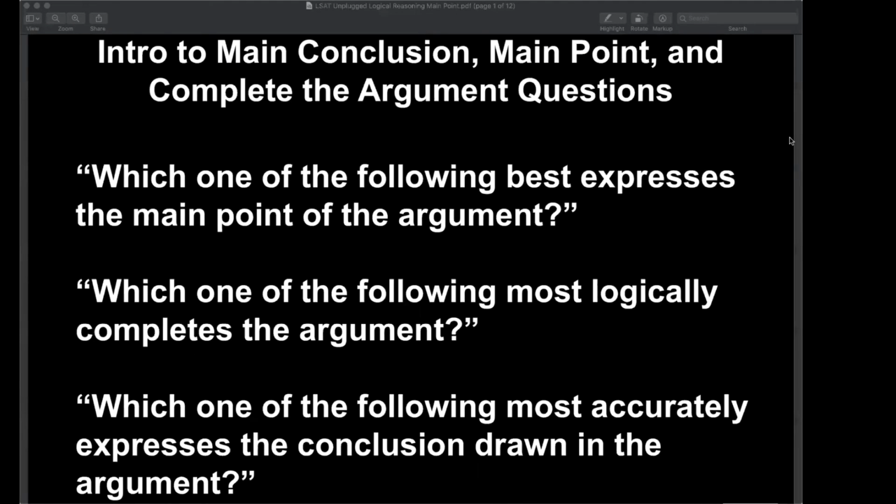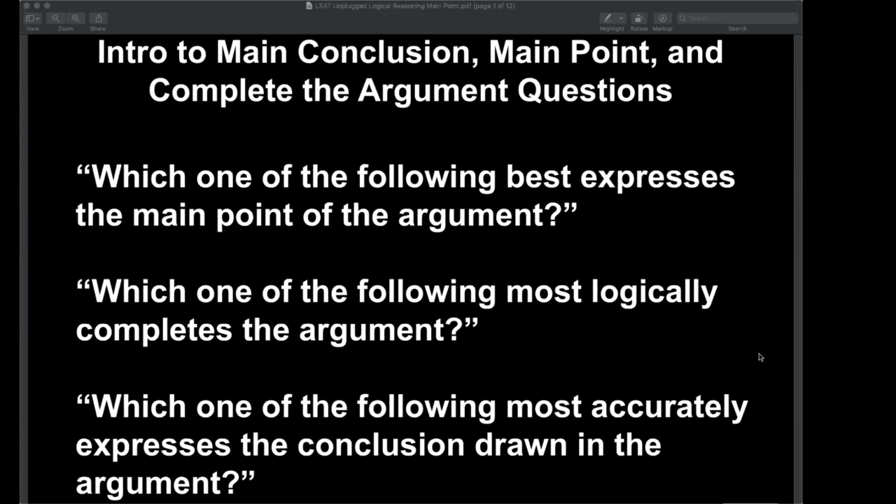Variations: main point, what's the main point? What completes the argument? What expresses the conclusion? All pointing to the same general idea here. This is a relatively easier kind of logical reasoning question. But at the same time, it's important to know how to articulate an idea, the main point, the conclusion, and